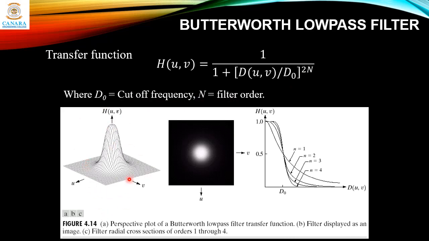Now you can see this is a plot of the Butterworth low pass filter, and it is smoother. The transition from high to low is smooth, and near the origin the output is maximum, and as you move away from the origin the output drops to zero slowly. As you increase the order, it approaches a step function. If you keep it lower, it is smoother. So that's what you can see with the Butterworth low pass filter.